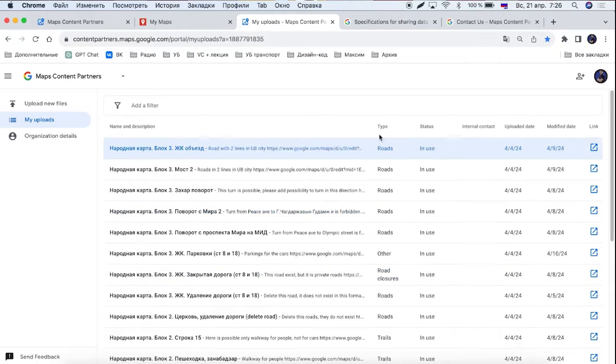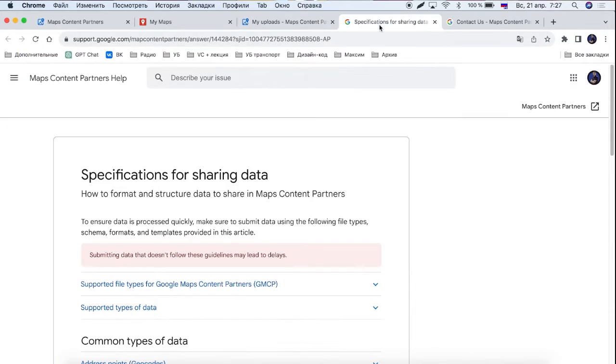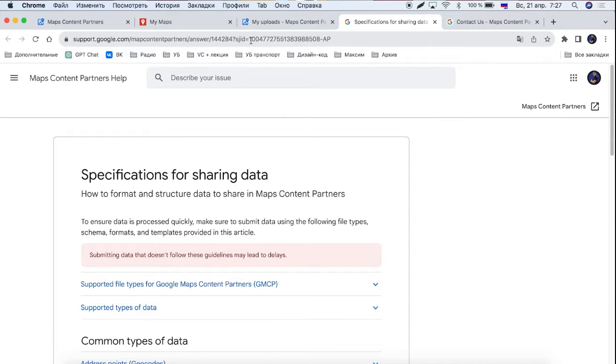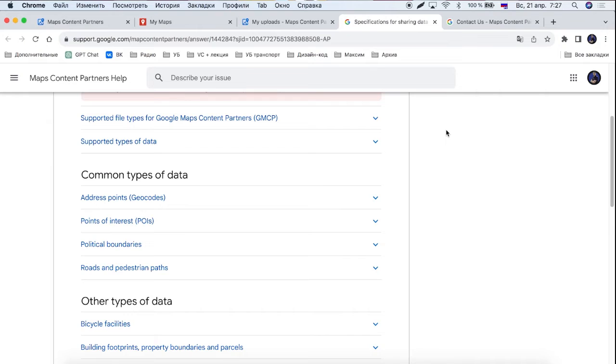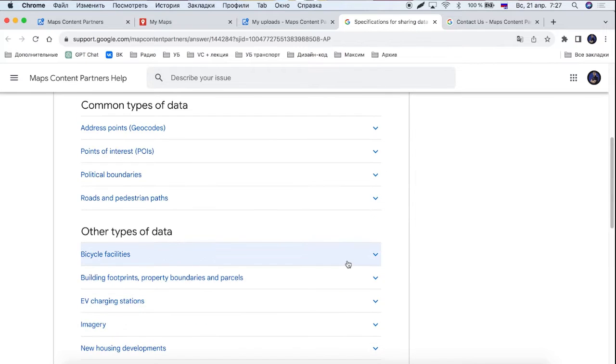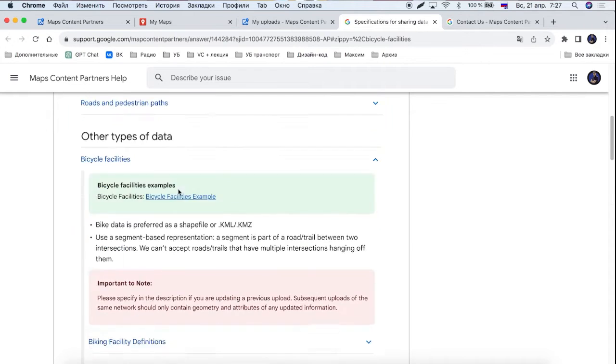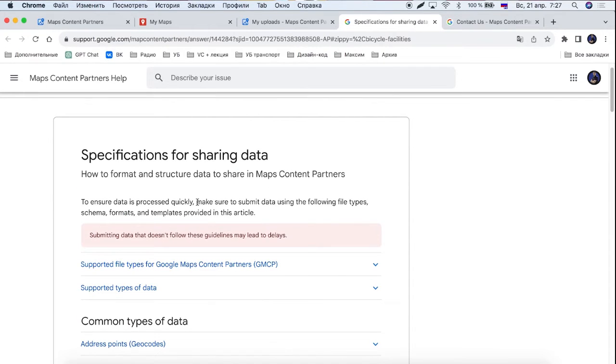In this video, I will send information about the main conditions for uploading different kinds of data. For example, in this link, you will find the information which you need to include inside your geodata for correct uploading. For example, bicycle facilities: the special tables, with all the fields which you need,